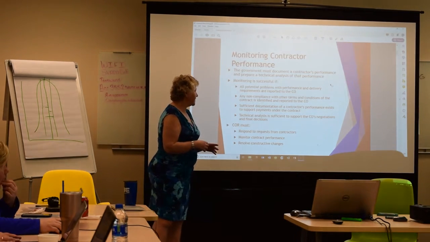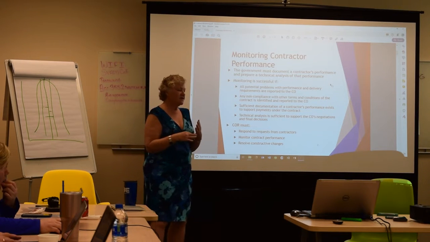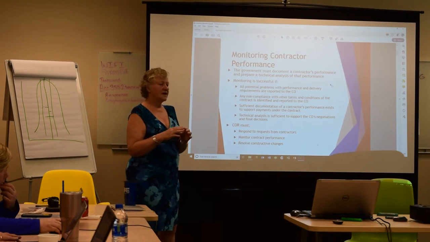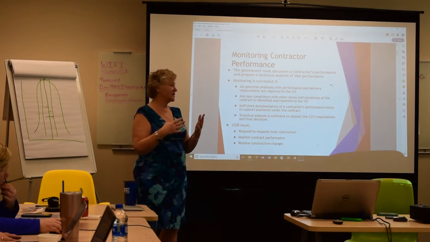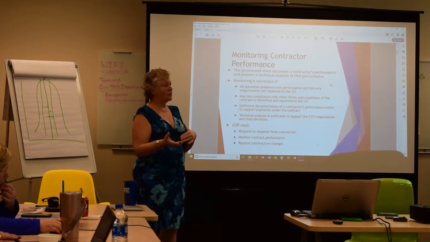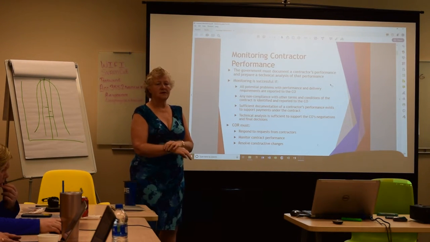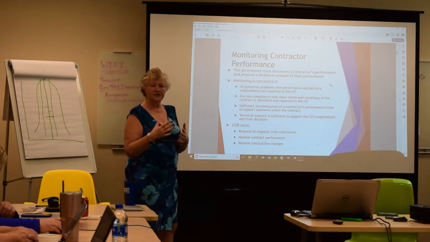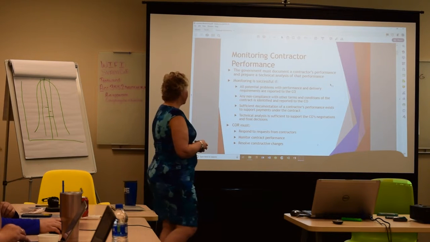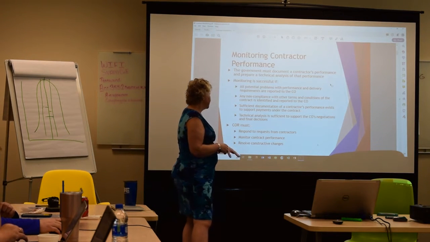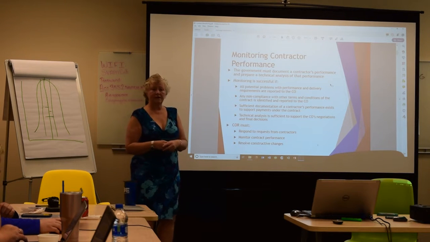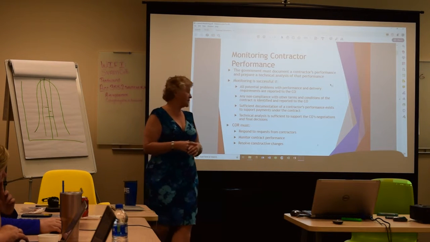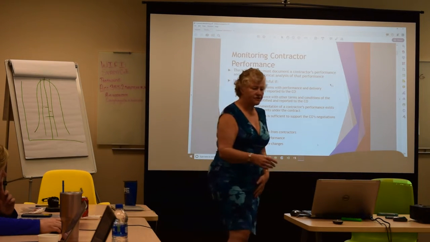There's also technical analysis. Oftentimes, the CORs used to be called contracting officer technical representatives. And they were really the ones that had all the technical knowledge, or had a lot of the technical knowledge. Nowadays, they changed the word to COR, and I'm finding some CORs really don't have any technical knowledge. So it's sort of a transition. It's more of an administrative function to make sure that you're following the actual requirements. They have to respond to any requests that you make of them. So if you don't understand something, you should talk to them. They're monitoring contract performance, and they also resolve constructive changes. We'll talk about those in a bit.